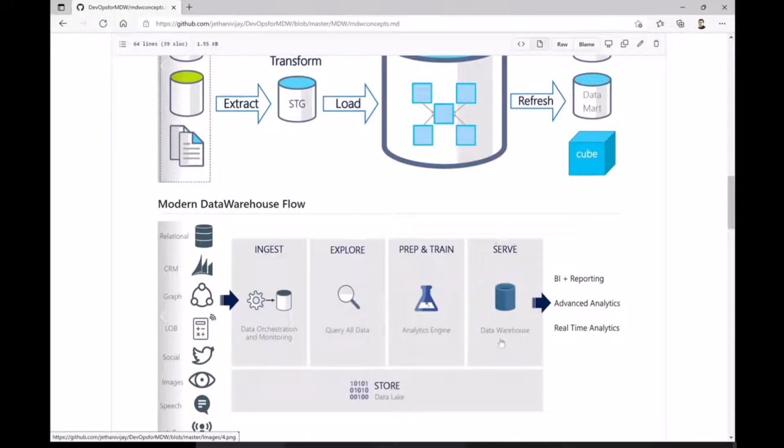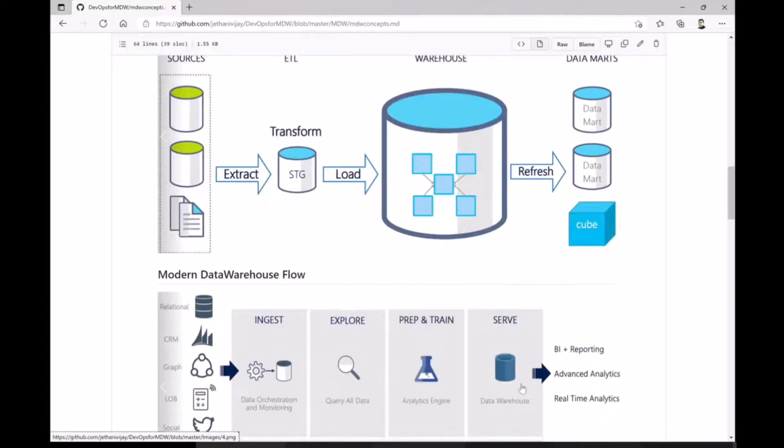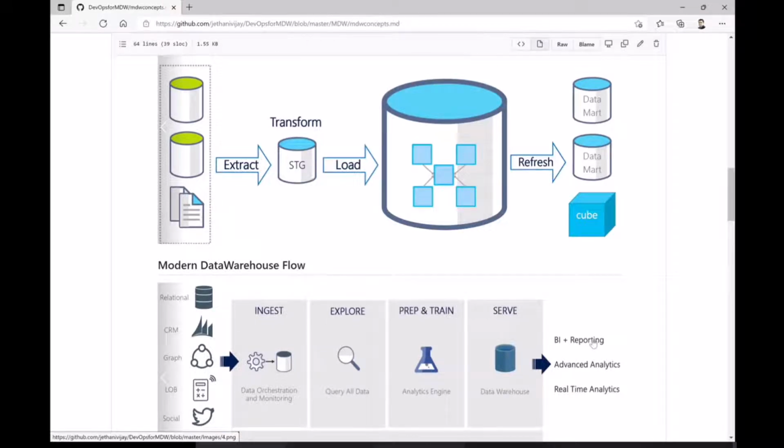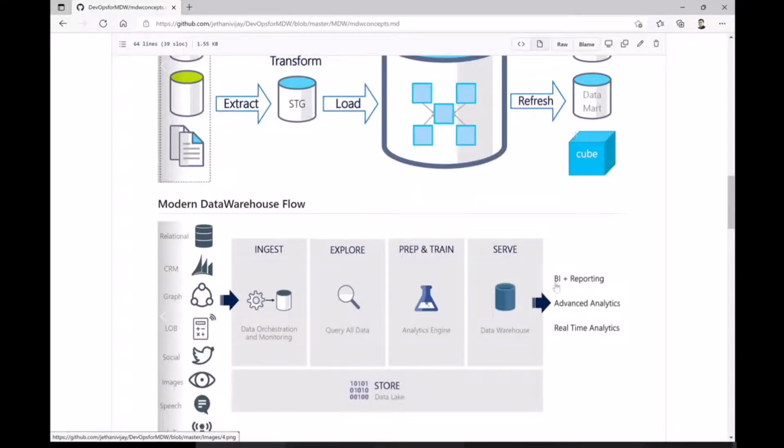Similarly, if you see the serve purpose of the data warehouse, what we are talking about here is the data marts. So this serve purpose can be directly used for BI and reporting, which is kind of ready to use as a data mart for consuming as a dashboard, as a report. If not, then the other use case can be if I want to run some ML, or machine learning, on top of that for advanced analytics, I can do that. Similarly, real-time analytics can also be helpful for any real-time changing environment like any of the IoT devices. So you want to monitor any particular shafts. Those kinds of analytics directly use the data marts which we produce from this modern data warehouse